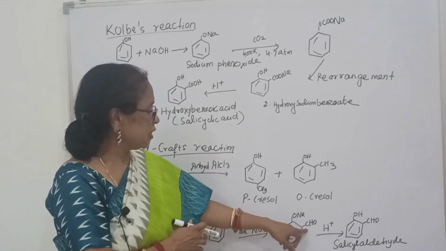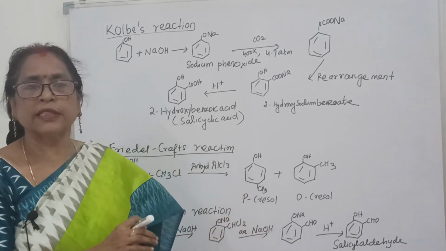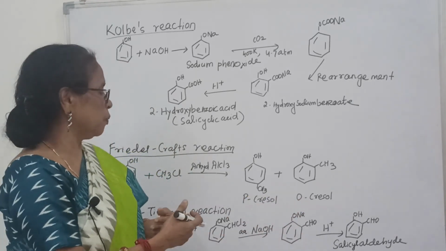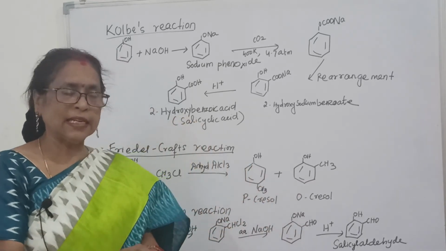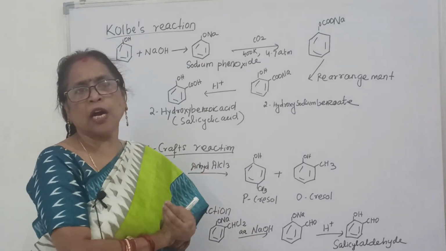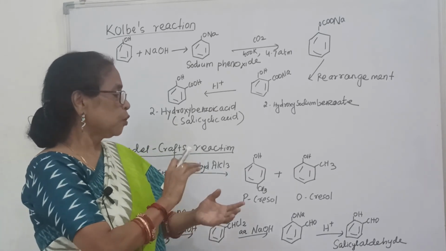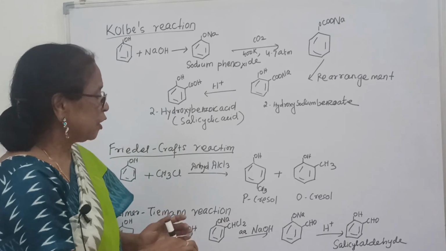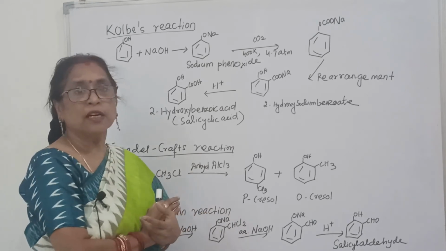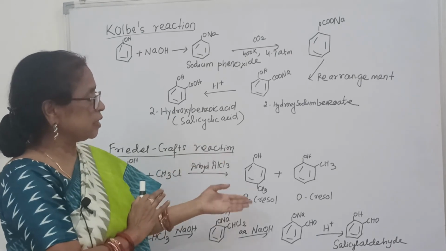Here ONA and CHO. But ONA is very active. That means here what to do? You do hydrolysis. On hydrolysis, the ONA changes and is replaced by OH group. That means here CHO remains as it is, ONA changes to OH. And now see what is the name? In 2 position hydroxy group, first position aldehyde group, that is called benzaldehyde. So you can write 2-hydroxy benzaldehyde, and the important commercial name is salicylaldehyde, or you can say 2-hydroxy benzaldehyde.